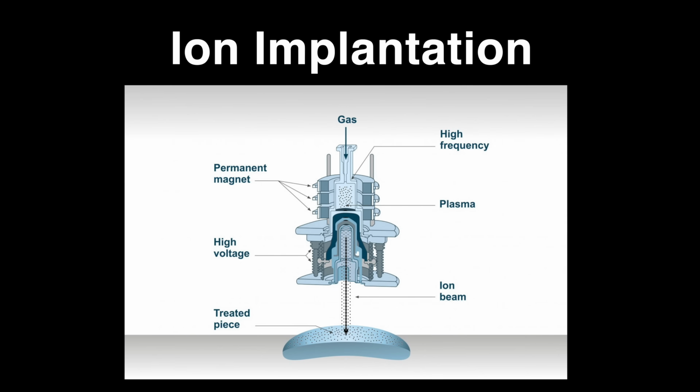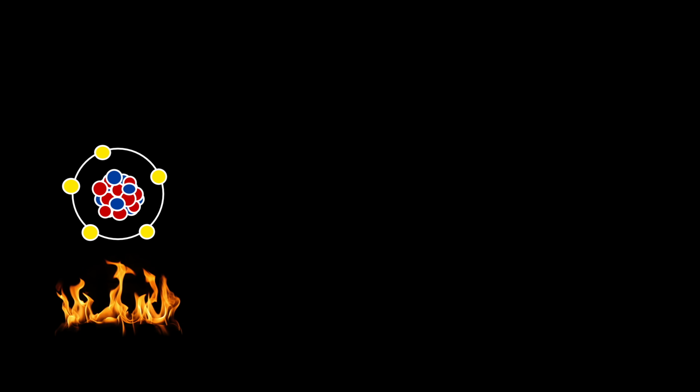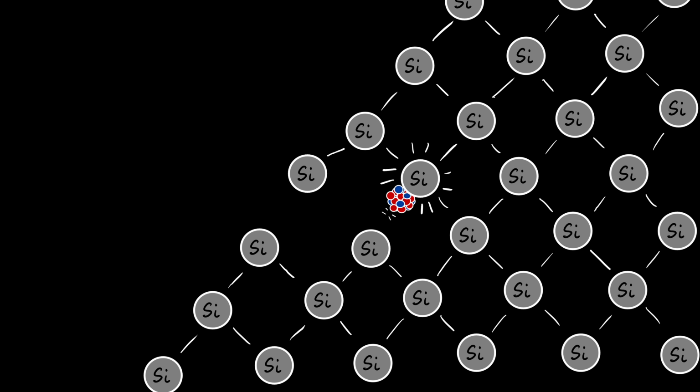The next method commonly used is called ion implantation, and this is the method most commonly employed in actual industry. In this method, a dopant source is heated until it becomes a plasma, and is fed into a small particle accelerator, which creates an extremely fast-moving beam of dopant ions. The ions are moving so fast that when they slam into the surface of silicon, they smash their way into the crystal lattice, breaking the covalent bonds between the silicon